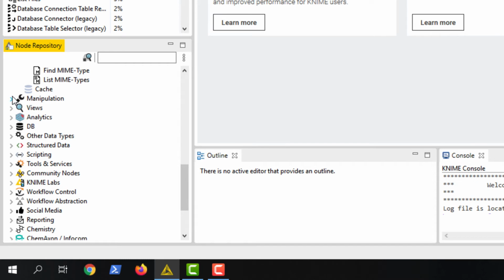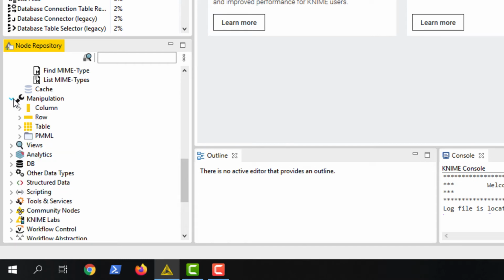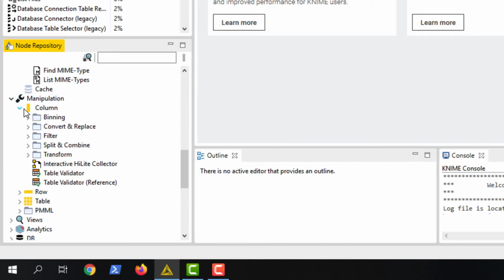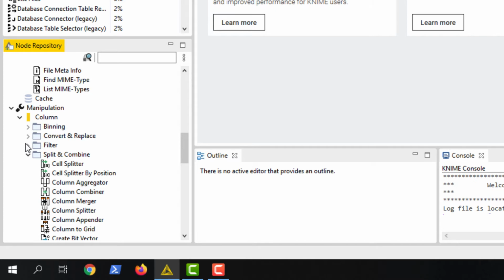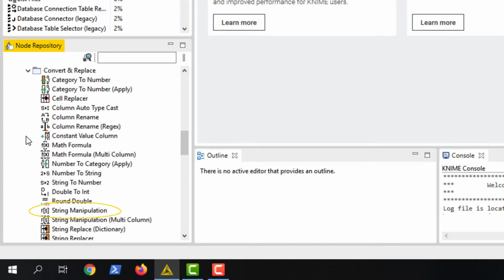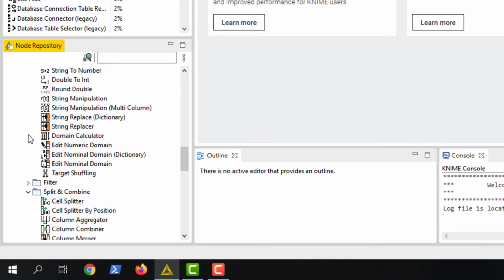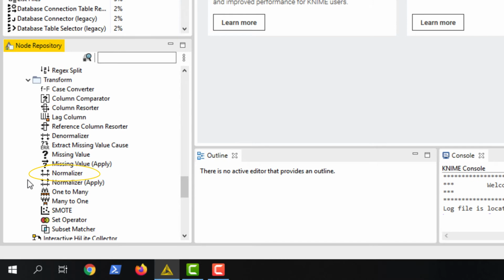The manipulation category contains nodes for filtering, aggregating, and transforming data tables. For example, for column operations, we have a number of column filters, binning, conversions, joining, splitting, and a number of transformation nodes. Just to quote three of the nodes most used here, we have the Joiner to join two tables, String Manipulation to modify the content of string-type column cells, and the Normalizer node to force a column range into